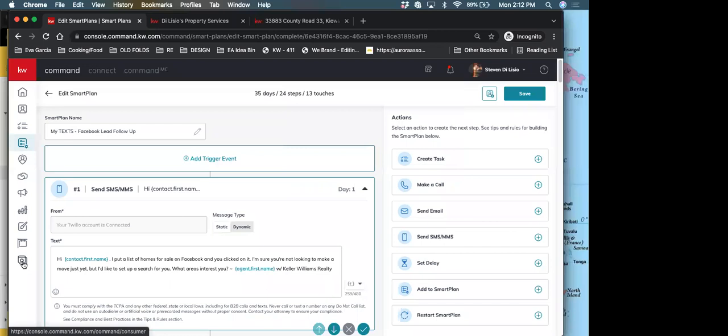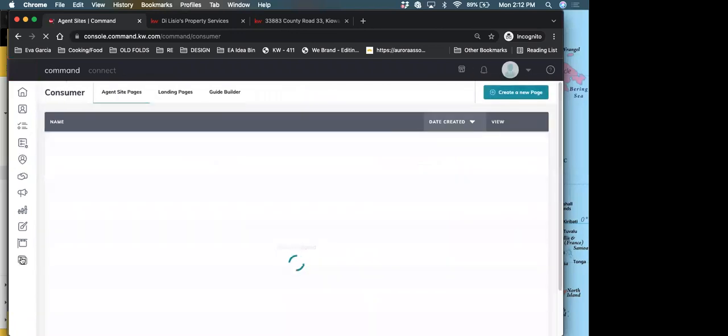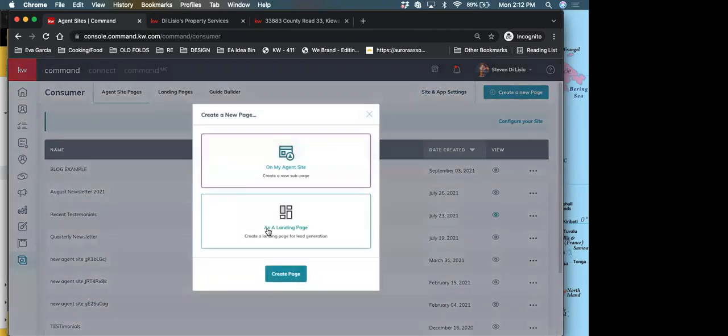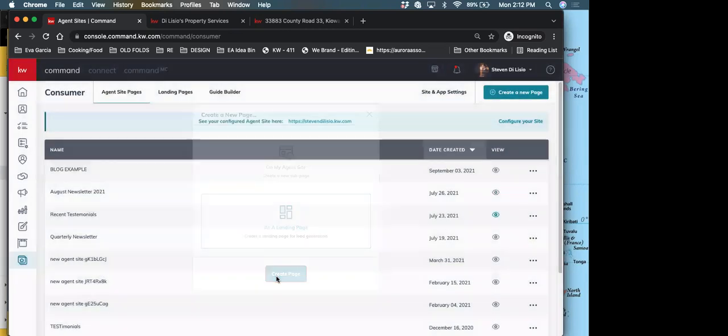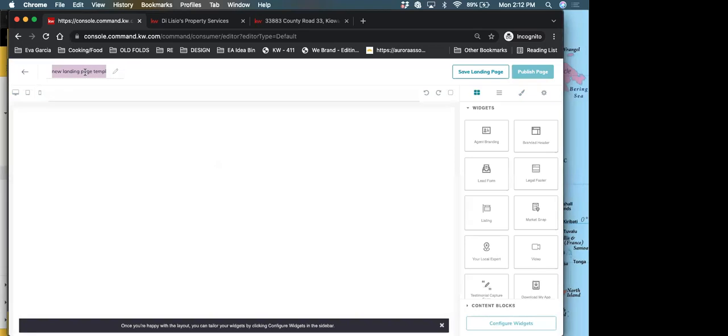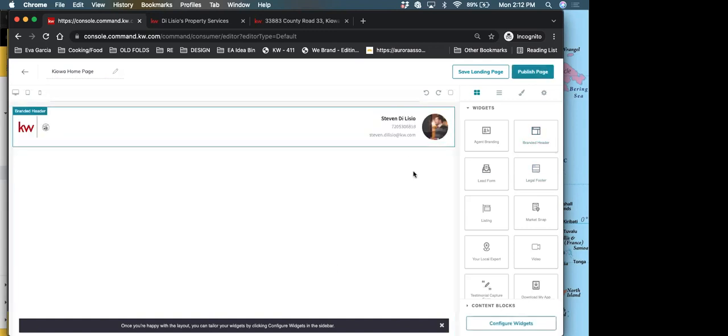And just as an example, if I wanted to actually build out a landing page, it's really simple to do that as well for a listing, whether it is an active listing or a listing from the past that's expired or something like that. If we want to create a landing page, there's actually a really cool widget that helps us do that. So if this one we click on as a landing page and hit create, we're going to get this example. So I'm going to put this as Kiowa home, simple. I'm going to drag in my branded header so I get a little branding on there, phone number, email,